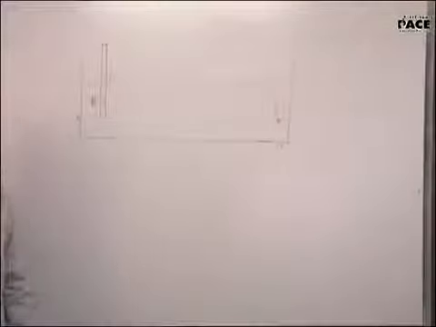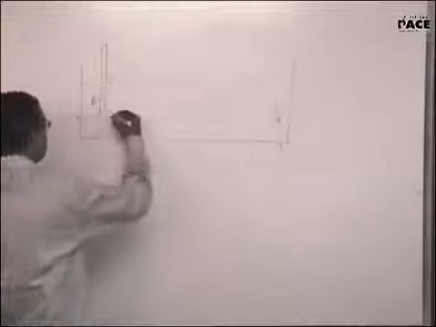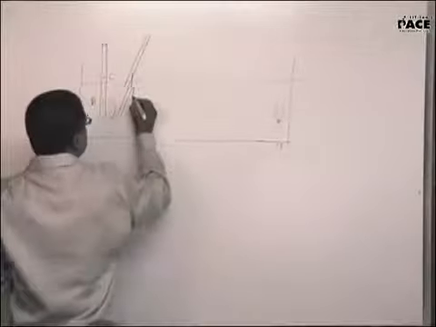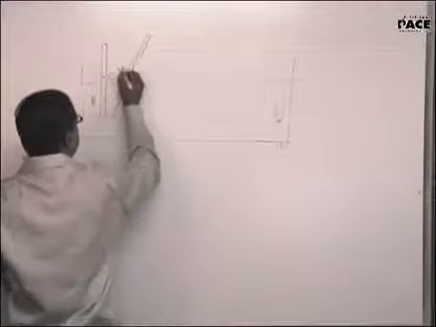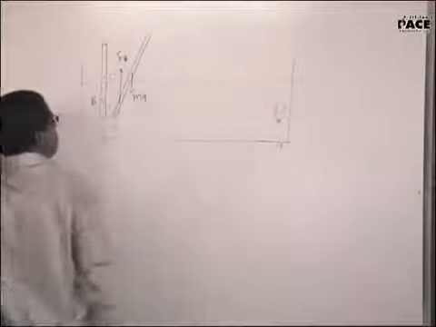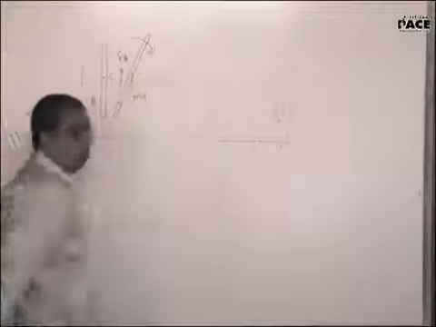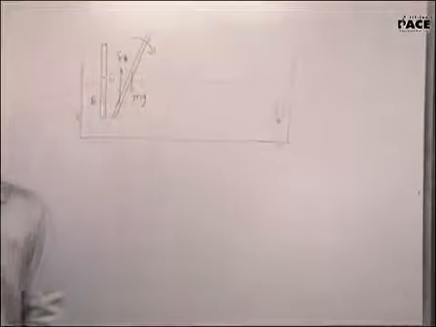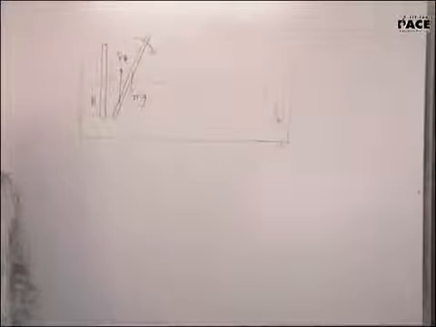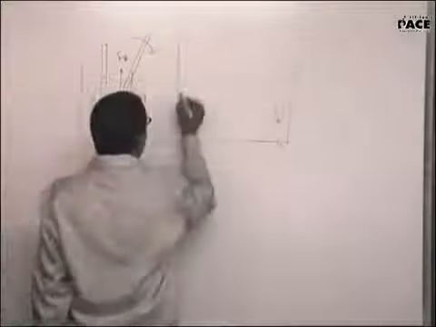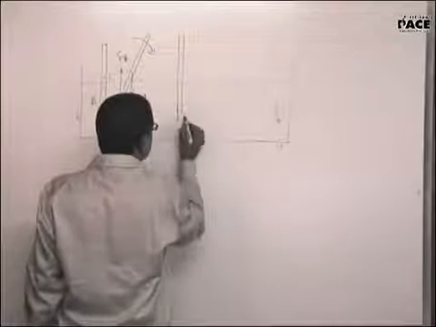If that acts at the centroid of the immersed part, even the slightest tilt in the body, now this will be mg and the buoyancy will be this. So even the slightest tilt will produce a clockwise torque and hence the body will fall. You want to prevent this, what do you do? Add iron ball bearings to the lower bottom.